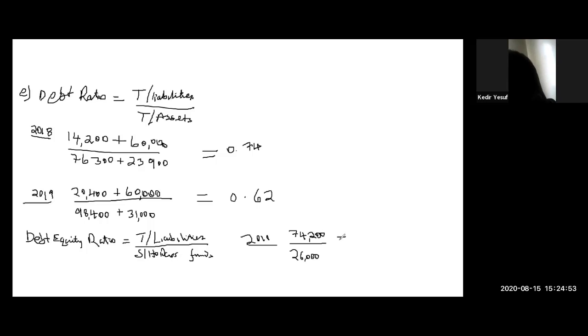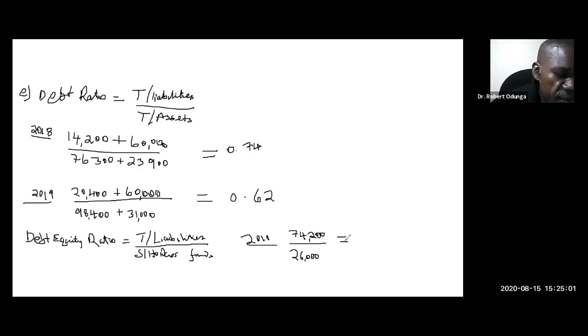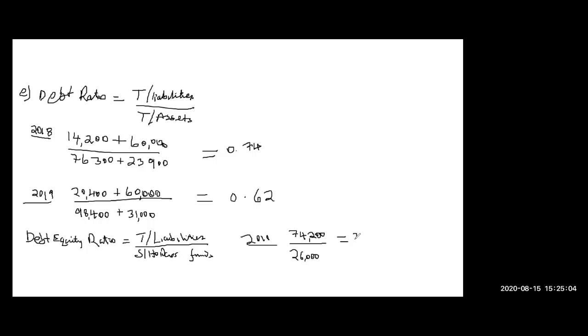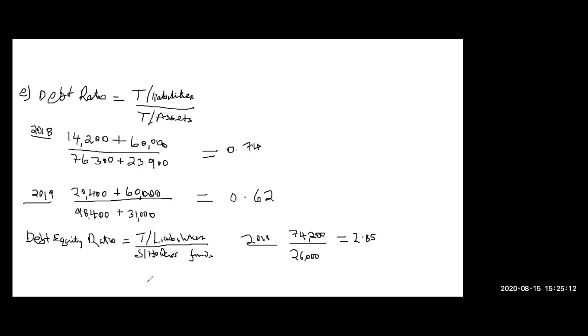So this gives us what? 7,400 divided by 26,000. That is 2.85. Okay. For 2019,